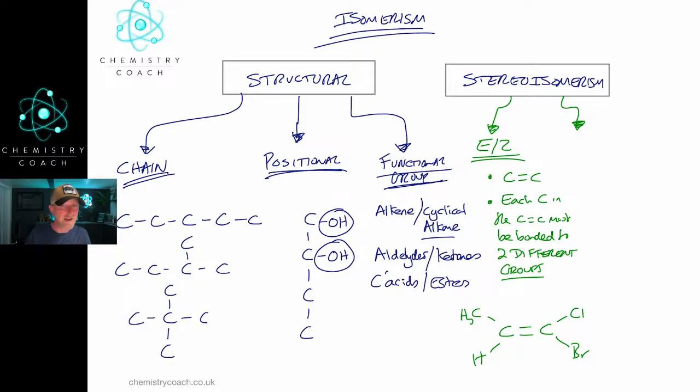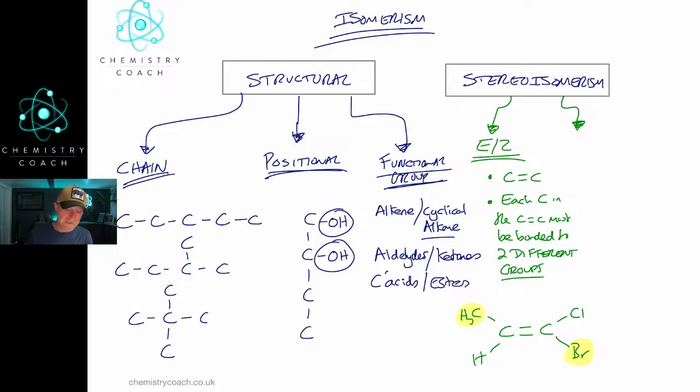if you just need to decide whether it's E or Z, just look for the groups that have the largest mass, okay? So which has the largest mass out of these 2, and which has the largest mass out of these 2, whether it's an Ar if it's an atom or an Mr if it's a group, all right? Now, that's not the official explanation of how you decide which is priority, but it just makes life easier when you're in an exam. So here the CH3 is clearly heavier than a hydrogen, and the bromine is heavier than the chlorine because it's got a greater Ar. Okay, so those would be our